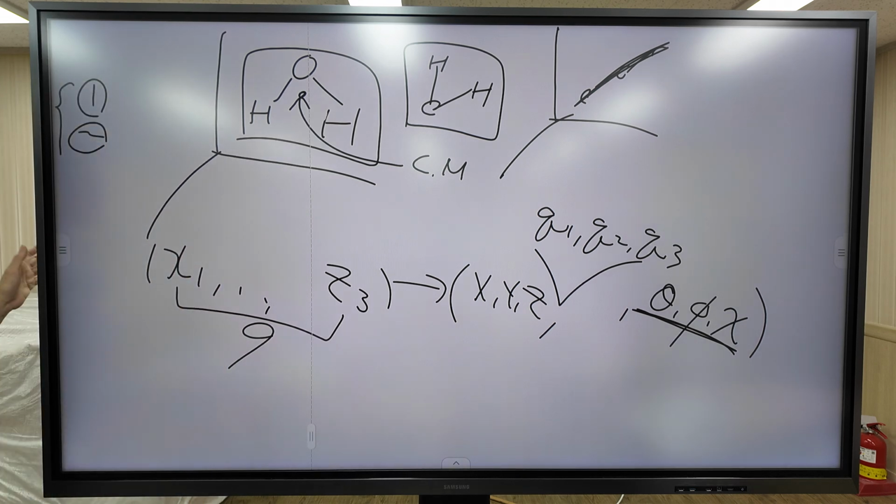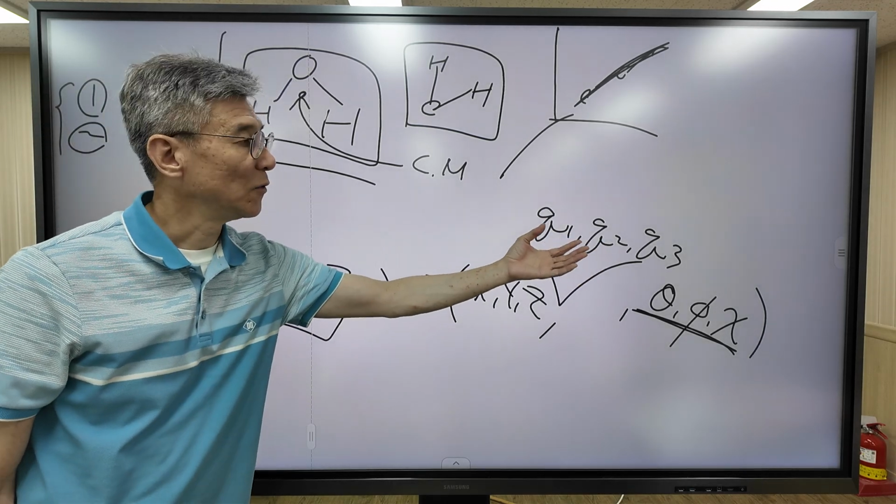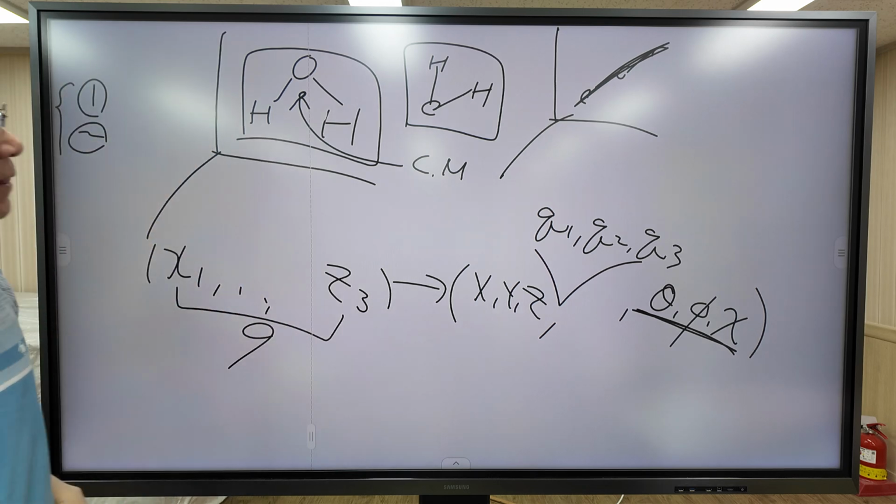So for the water molecule, we have only 3 vibrational modes: symmetric stretching, anti-symmetric stretching, and only 1 bending mode. In CO2 molecules, we have 2 bending modes: in-plane bending and out-of-plane bending. We have 2 bending motions in the CO2 molecule, but in the H2O molecule, we have only 1 bending mode. So we have only 3 vibrational modes.